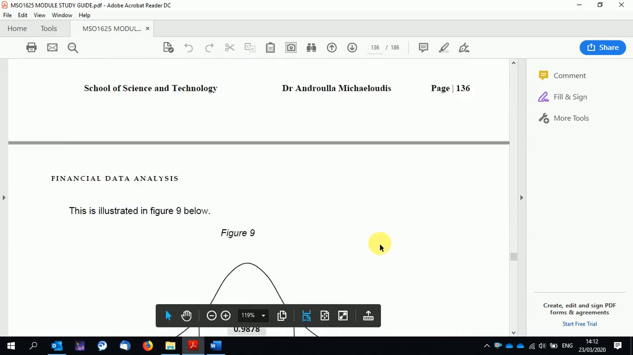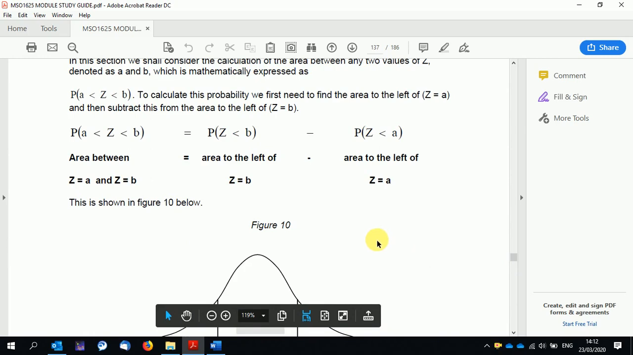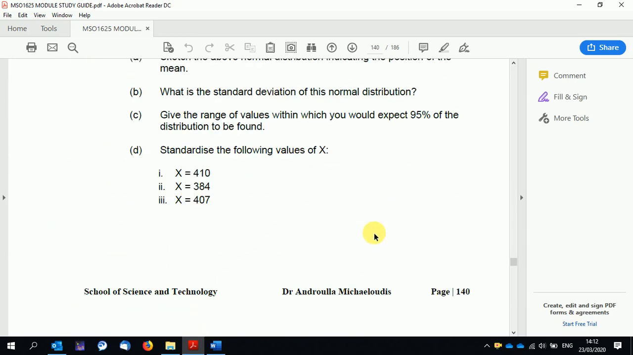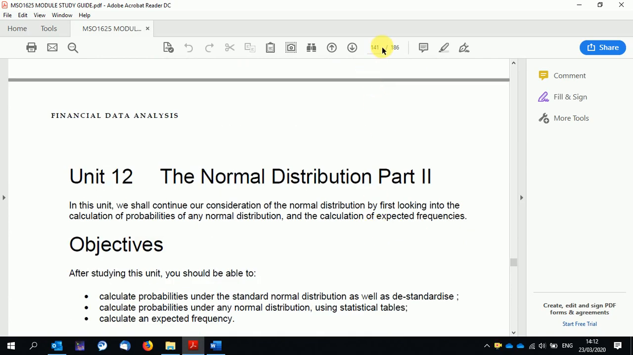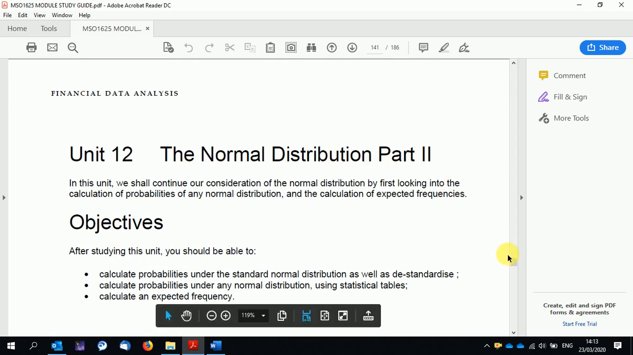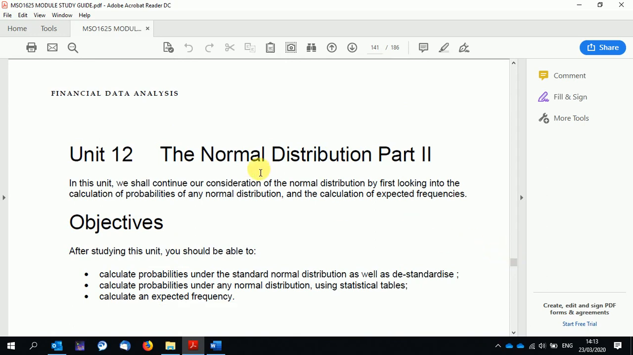Try to find the page. Right, so that's going to be on page 141 of the study guide. Now, before we do this, I will strongly suggest that you go through normal distribution part 1. Not too sure I have enough time to recap, but briefly, what we saw in normal distribution part 1,